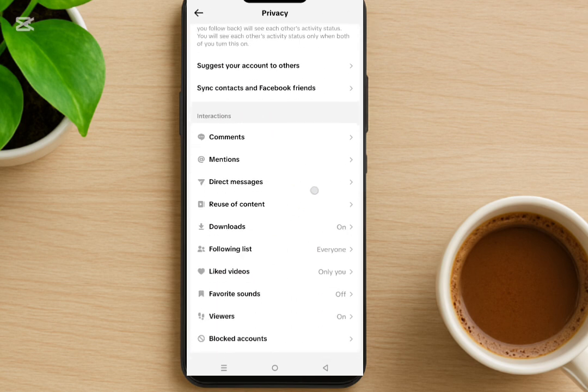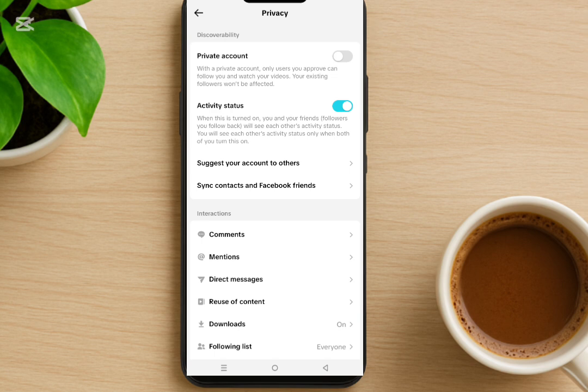Okay, now you will see various options: private account, then activity status. Click on activity status, the second option from the top, and toggle it off like this. When you do this, your followers will not be able to see when you are online on TikTok or even